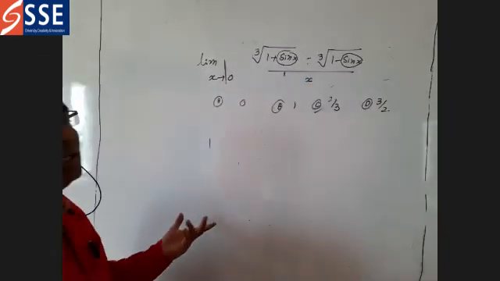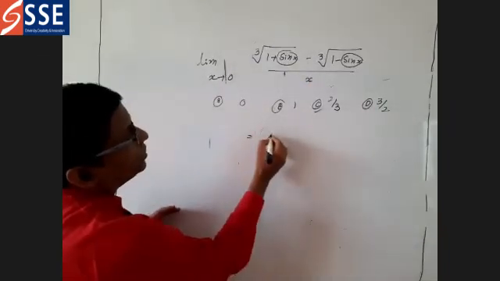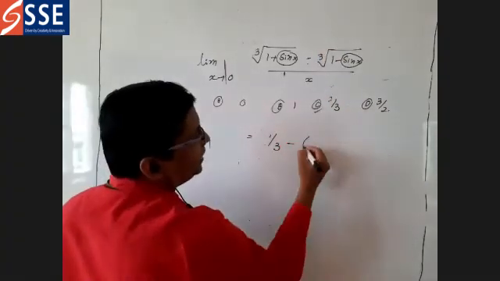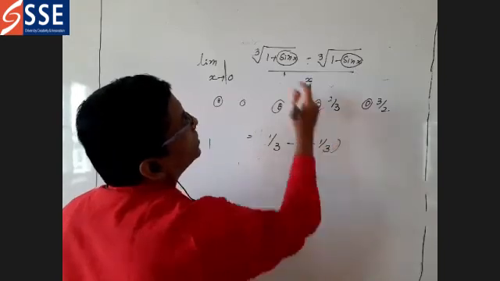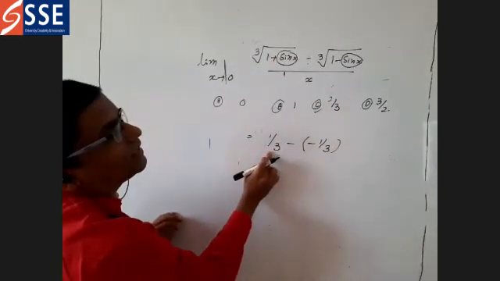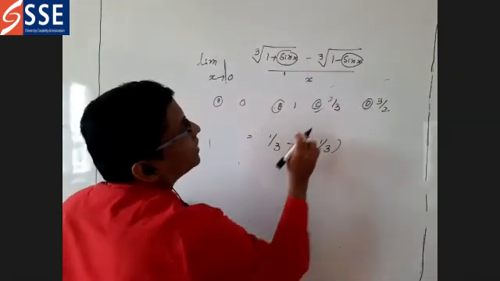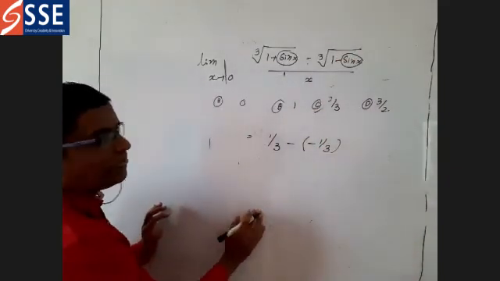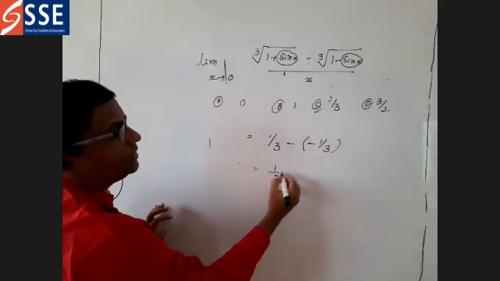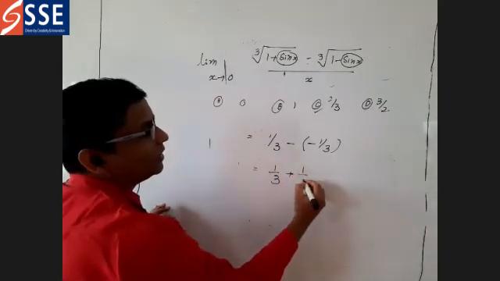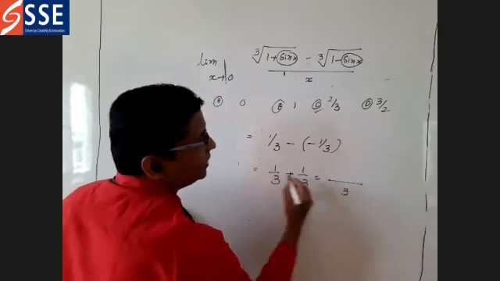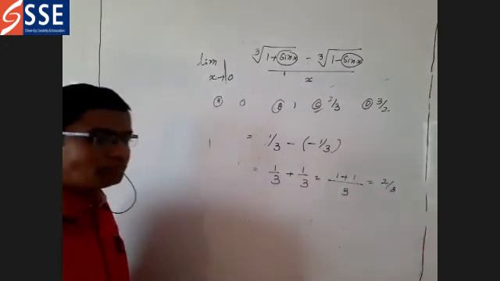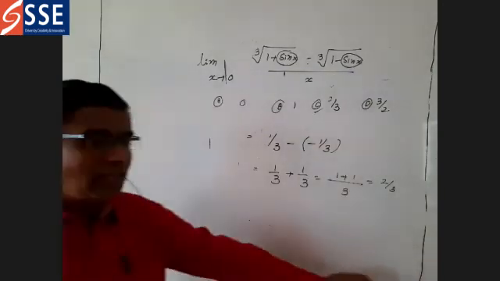So what is the answer? This is equal to 1 by 3 minus of, again minus 1 by 3. So for this, plus 1 by 3 is the answer. For this, minus is there already. That's why minus 1 by p is the answer. So the answer is 1 by 3 minus into minus, plus 1 by 3. The LCM is 3. 1 plus 1 is 2. 2 by 3 is the answer. Don't think that it is a sin x.